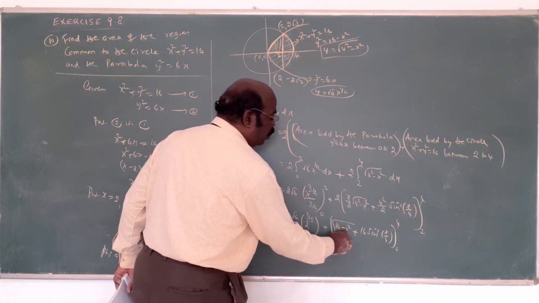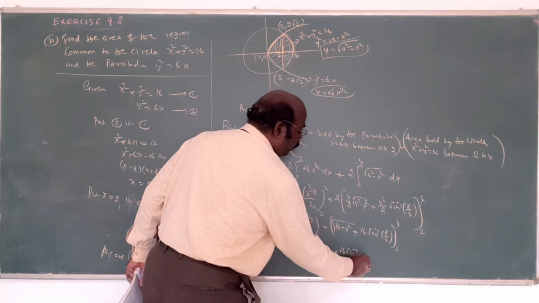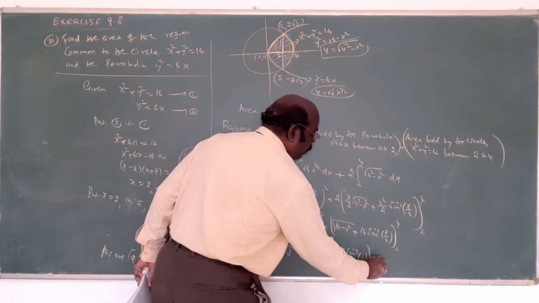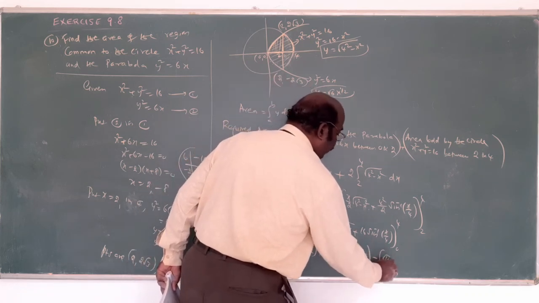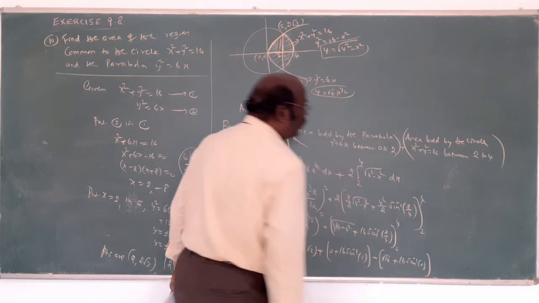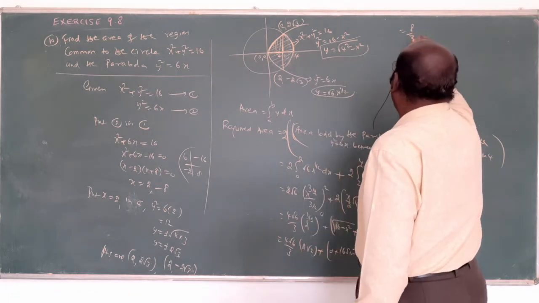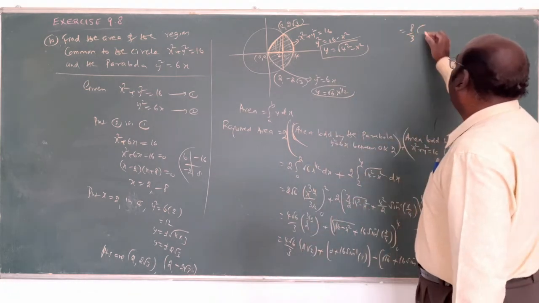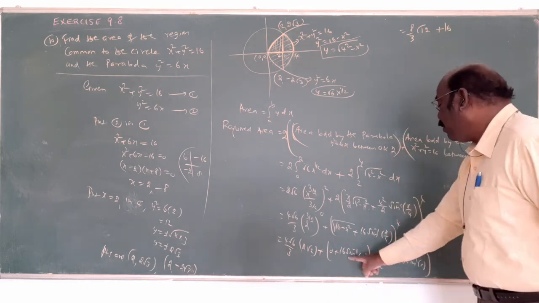Upper limit is 4, you know. 16 minus 16, 4 squared is 16, that's 0. 16 into sin inverse of 4 by 4, which is 1. This is the upper limit. Minus the lower limit, which is what? Root of 16 minus 0 is 16. 16 into sin inverse of 0. Am I right? Now again simplify. 4 to 8. 8 by root 3, in root of 12. Am I right? Here 16 into sin inverse of 1 is what?